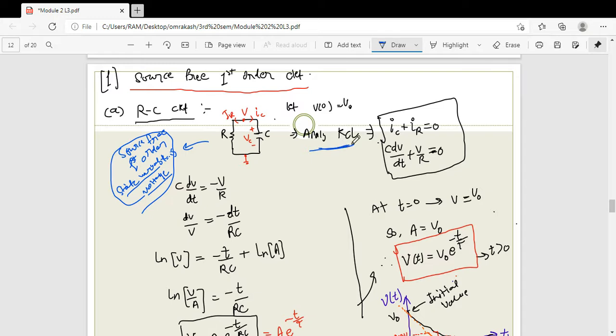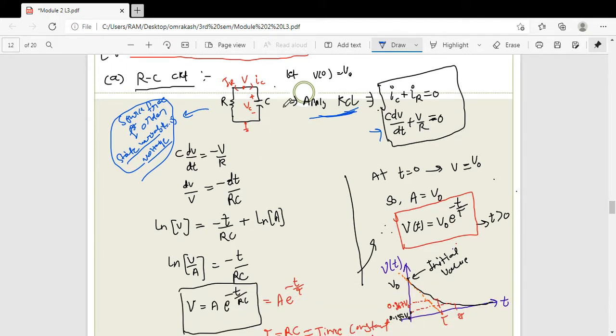Because we are applying the KCL and we want to find this VC voltage. So this VC is equal to the drop across this R element, because it is connected in parallel. By using this KCL equation, you get some equation here, right? And rewrite this equation. This is nothing but your general equation, which you get when you apply KCL; you will also get the same when you apply KVL. Okay, now derive the equation.